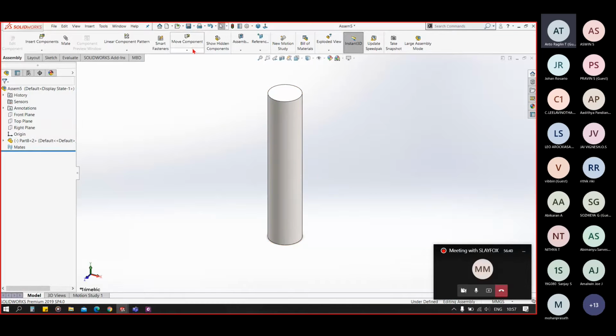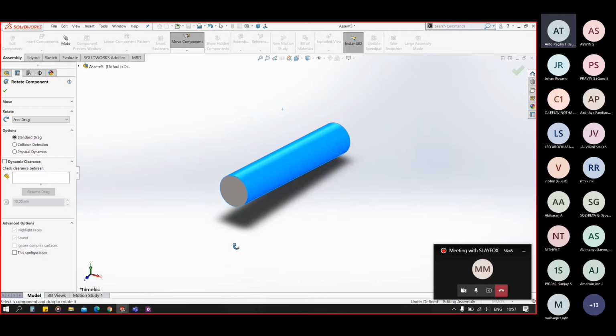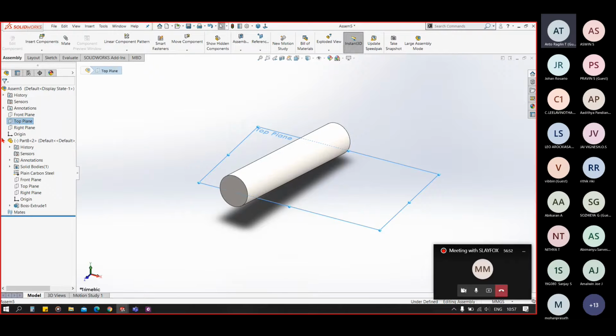Now using the rotate tool, I made this approximately horizontal, and I selected this top plane here, and in the drop down I also selected the right plane because it is approximately horizontal according to the current situation. So pressing Control, or going to mate, we can select the top plane and right plane to make them coincident.